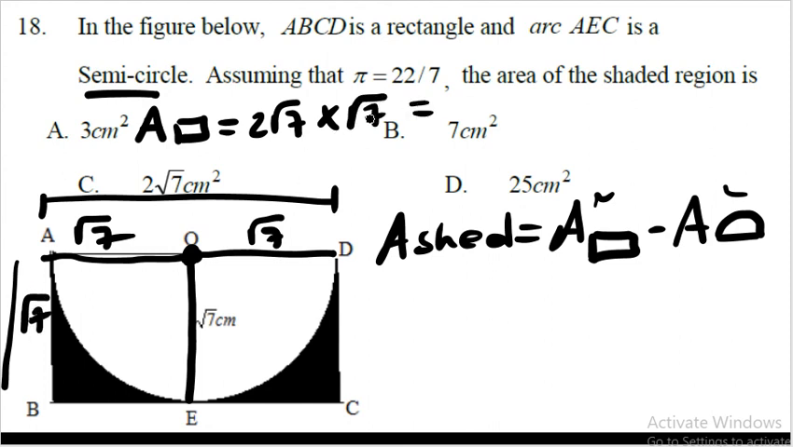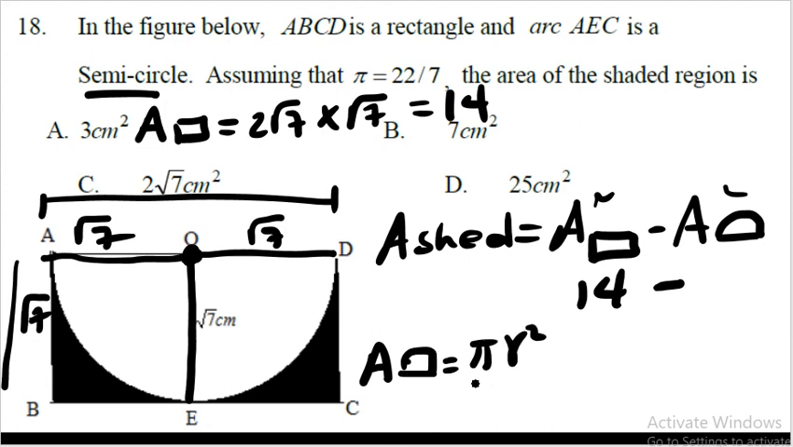When you make it, what do you get here? Root 7 times root 7 will be 7, you know, radical 49 means 7, times 2 will be 14. That is the area of the rectangle. Minus, what about the area of the semicircle? The area of the semicircle is pi r squared over 2. That means pi times the radius, radical 7,